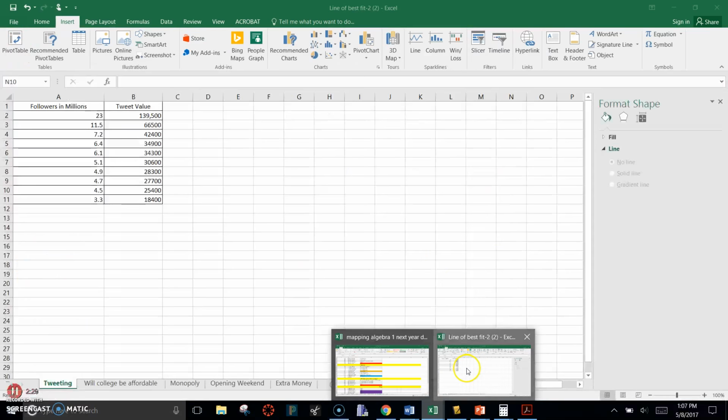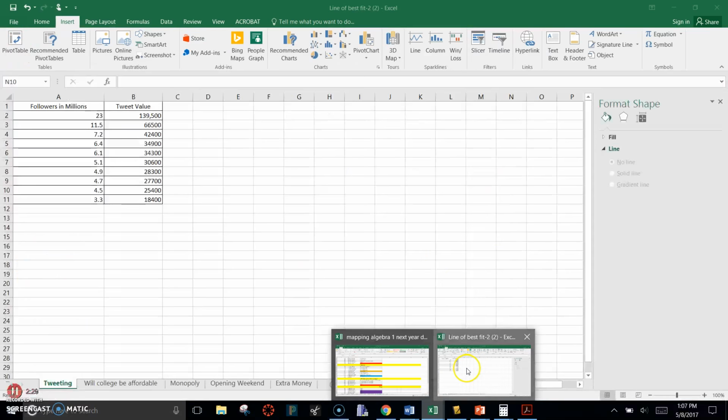And here's what we're going to learn how to do today. When you click, you're going to see a couple different things. The first is this PowerPoint, and that's what I'm going to be using over here. You'll see this Trendline document, and you'll see this line of best fit document. On your PowerPoint document,